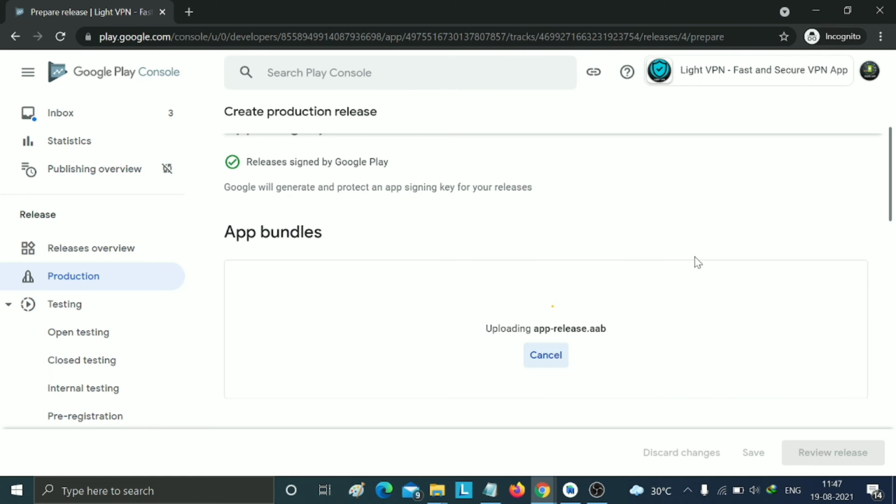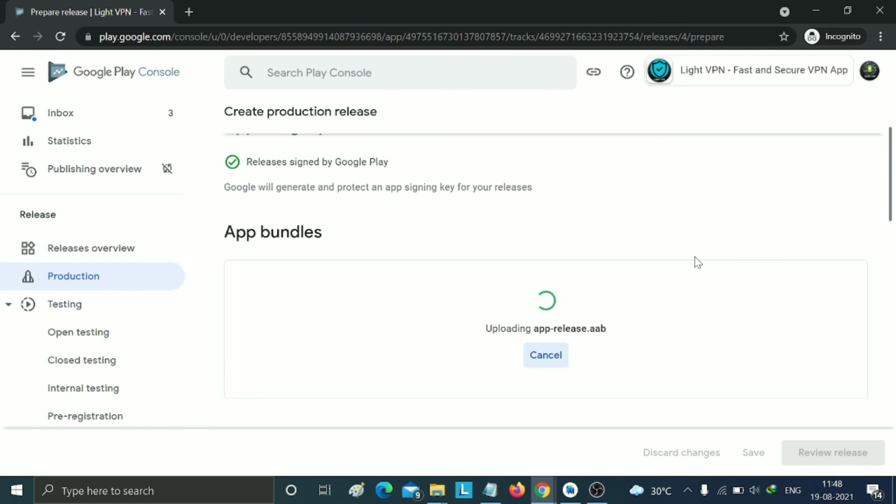And don't disconnect your internet, because if you disconnect your internet, then you get an error message. So keep a proper internet connection on your laptop or computer. Now we just need to add a release name. I mean, you can add what you changed in your APK file.